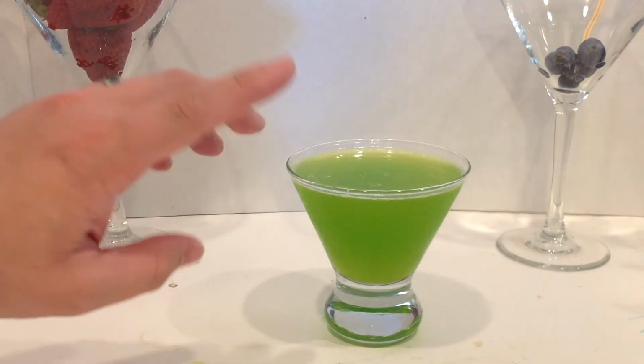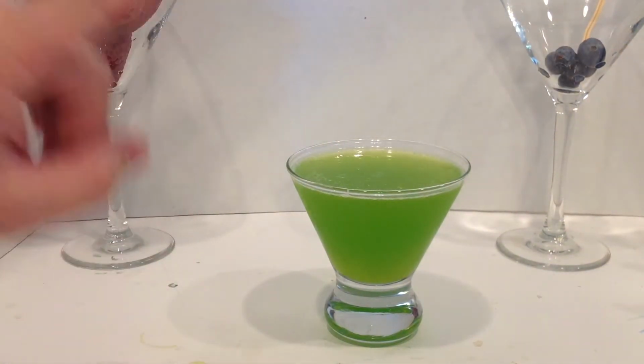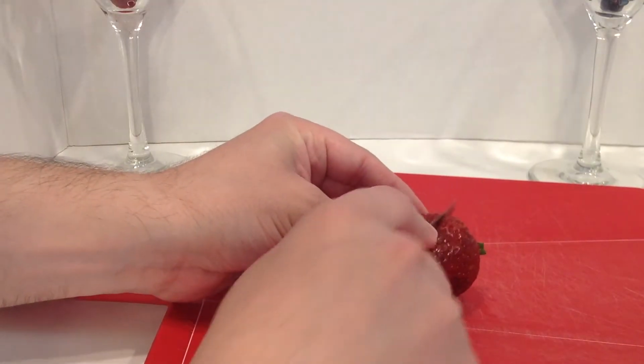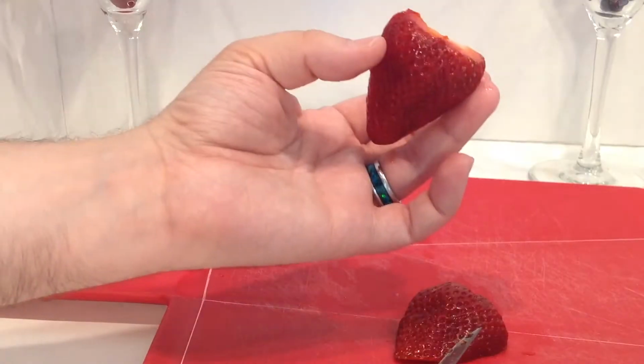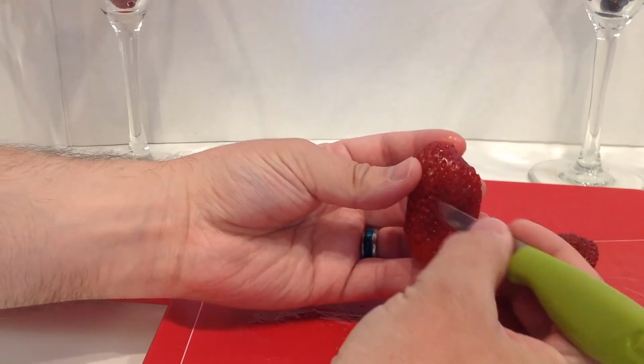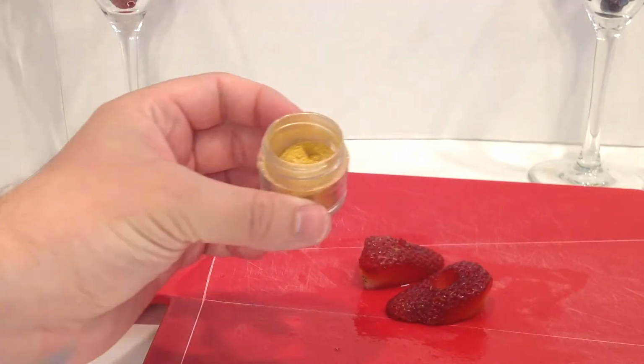Now to make this complete, we're going to need our Hedorah eyeball garnish. For this, you're going to need a large strawberry. Get that stem off of here, cut it in half. You can leave it like it is, or you can shape it to better look like Hedorah's eyes. We're going to carve out a little hole in the middle, take just a little bit of that gold,